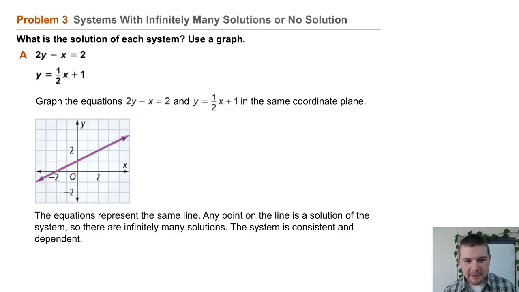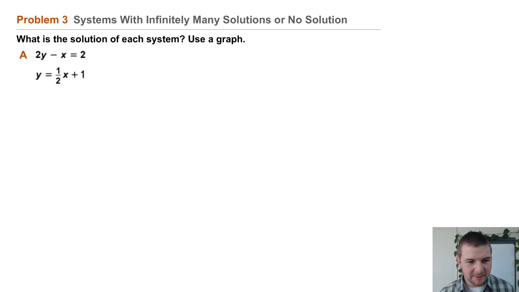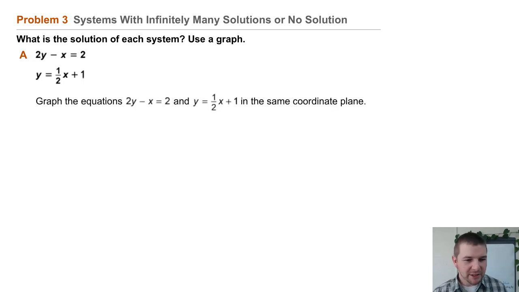Problem 3. Systems with infinitely many solutions or no solution. What is the solution of each system? Use a graph. Part A. 2y minus x equals 2 and y equals 1/2 x plus 1. So we'll graph the equations 2y minus x equals 2 and y equals 1/2 x plus 1 in the same